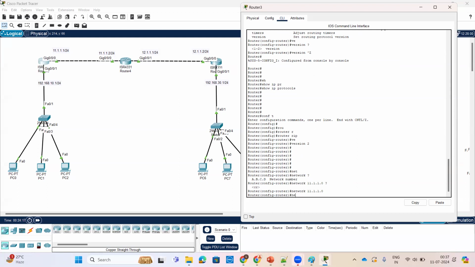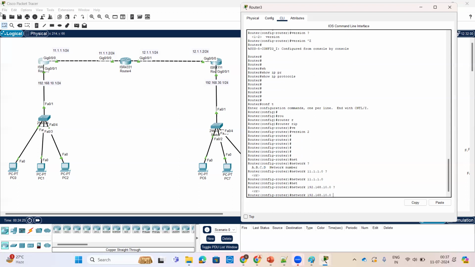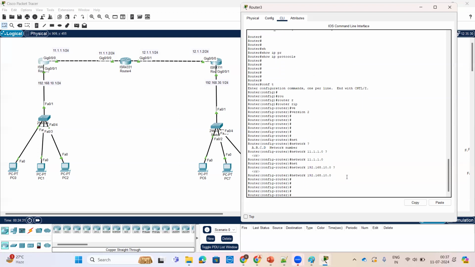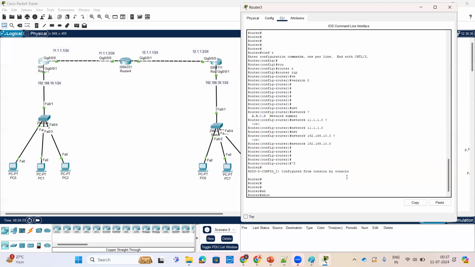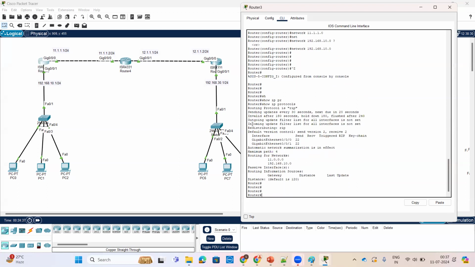Enter and one more prefix, network 192.168.10.0. This is a LAN prefix I am advertising here. No, this is a WAN prefix I have advertised. Now you can check here. Show IP protocols. See,